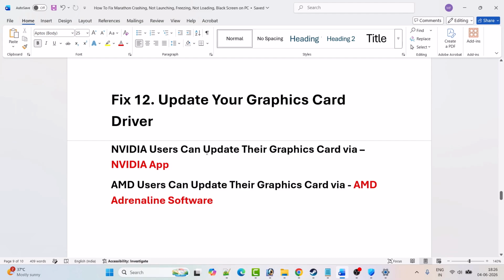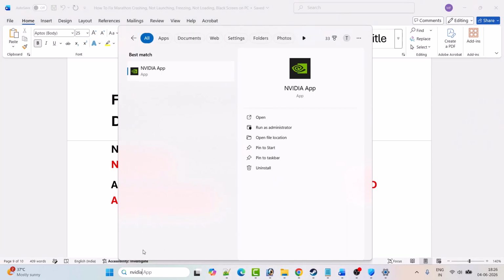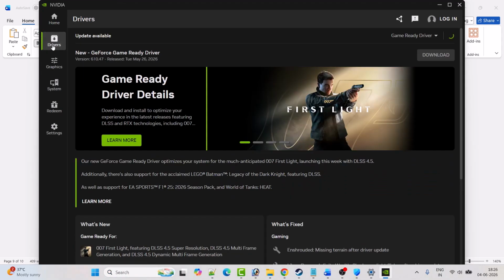Now Nvidia users can update their graphics card driver via Nvidia app, and AMD users can update their graphic card driver via AMD Adrenalin software. So if you have Nvidia graphic card driver, open Nvidia app. So in Windows search type Nvidia app and open it. Then go to drivers tab, and here you will see check for updates icon. So click on check for updates icon,